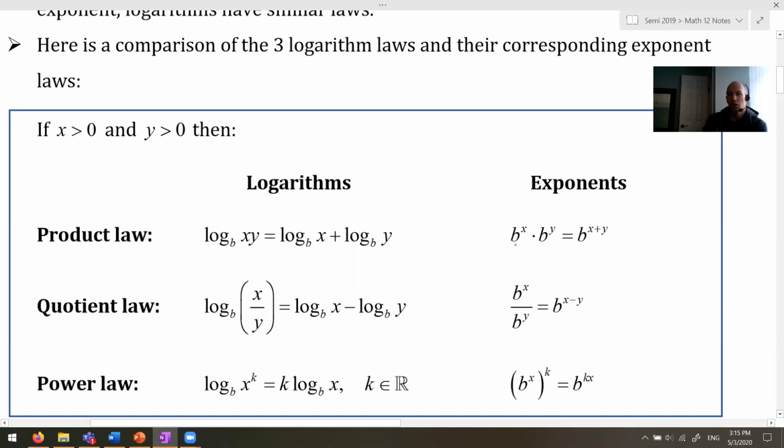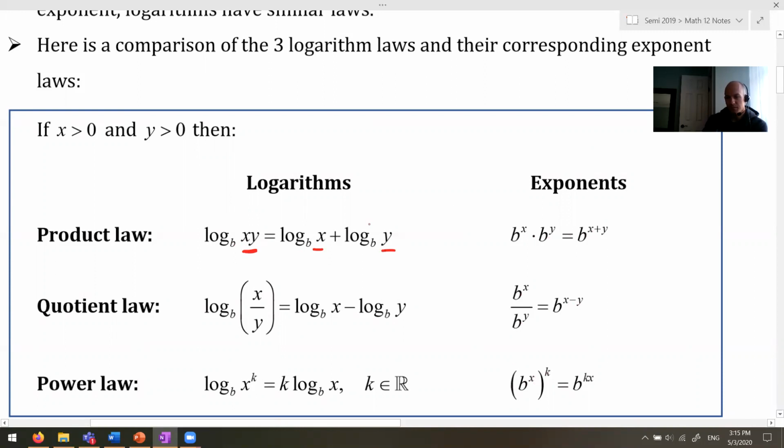When you have two similar bases with different exponents, when you multiply them together, the exponents add up, and when you divide the powers, you subtract the exponents, and of course when you raise a power to an exponent, you multiply them together. What this looks like for logarithms is something kind of similar, although it's not going to look exactly the same. So here, the log of two things multiplied together is equal to the log of x plus the log of